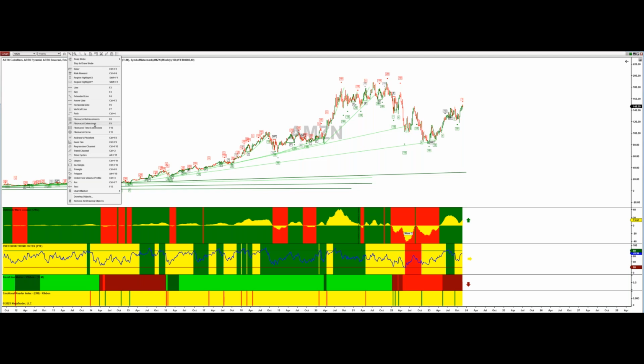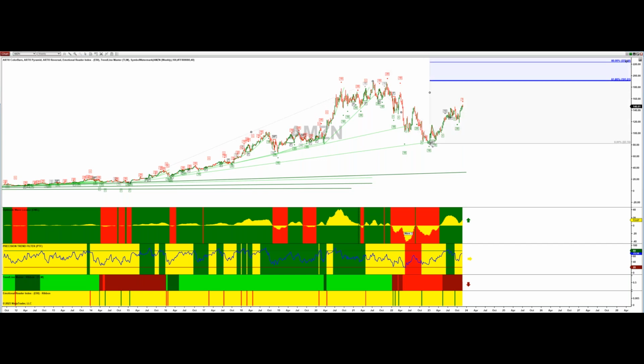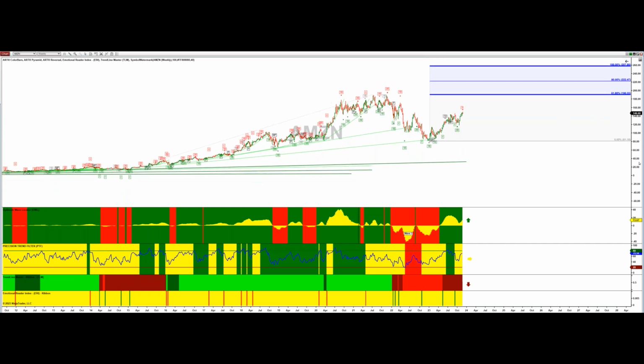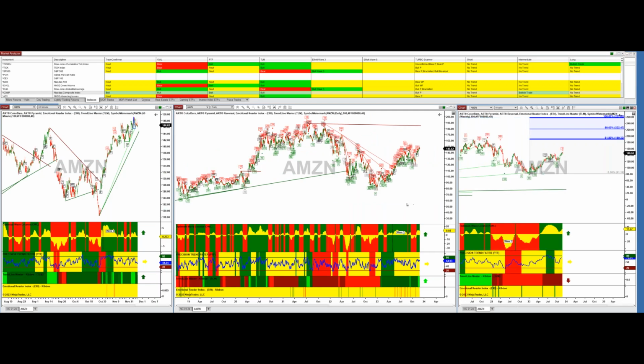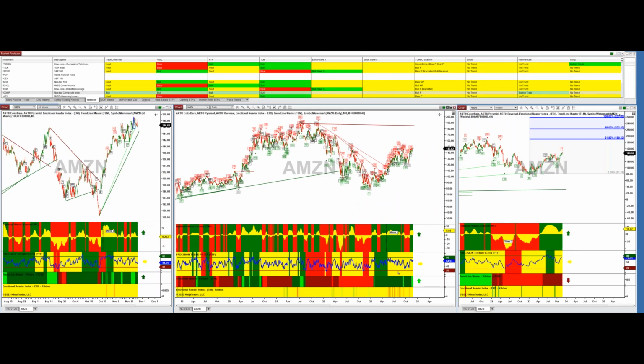And we draw those extensions in, let's see, I'd say that's probably it. And then here, we're probably looking for a target of 190 to 257, I think. Doesn't mean it's going to happen overnight, because don't forget, this is a weekly chart. So it could take a year to get up there. But that's also very bullish for the overall markets too, and you're seeing this come off the bottom here.